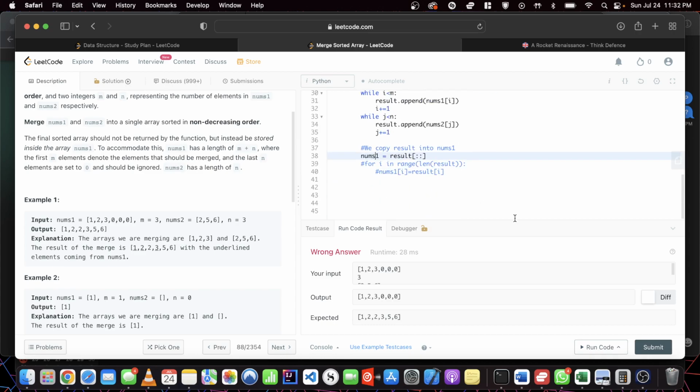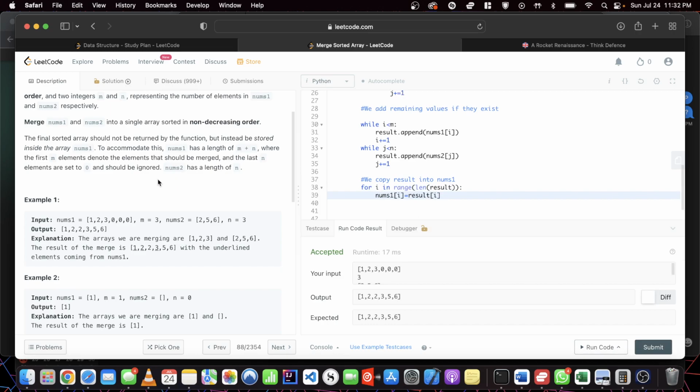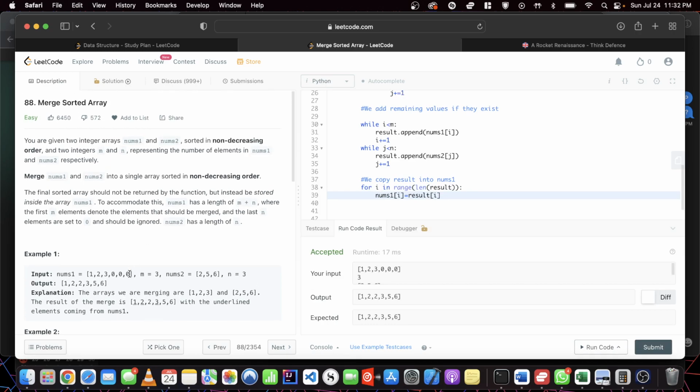I called it nums, so nums1. No, it doesn't work. So the follow-up is to do it in place, right? And the way we do it in place, since there's a space here, we can start